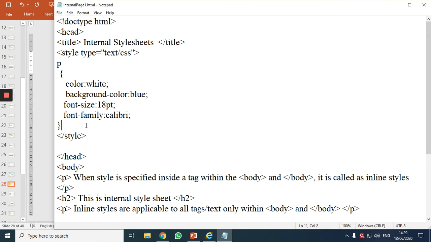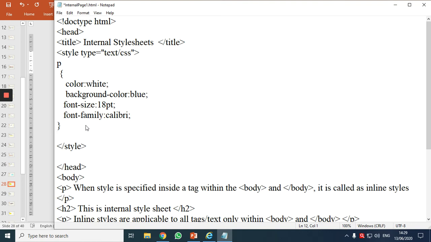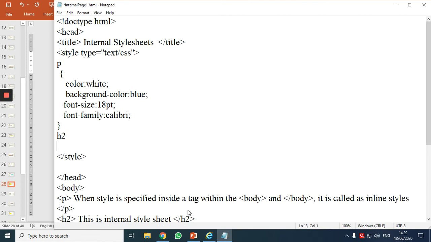I want to do some formatting for H2. So I need to call my tag. The name of the tag is H2, so my selector is H2. Enter, curly bracket open. And I want H2 to come with a background-color, silver.